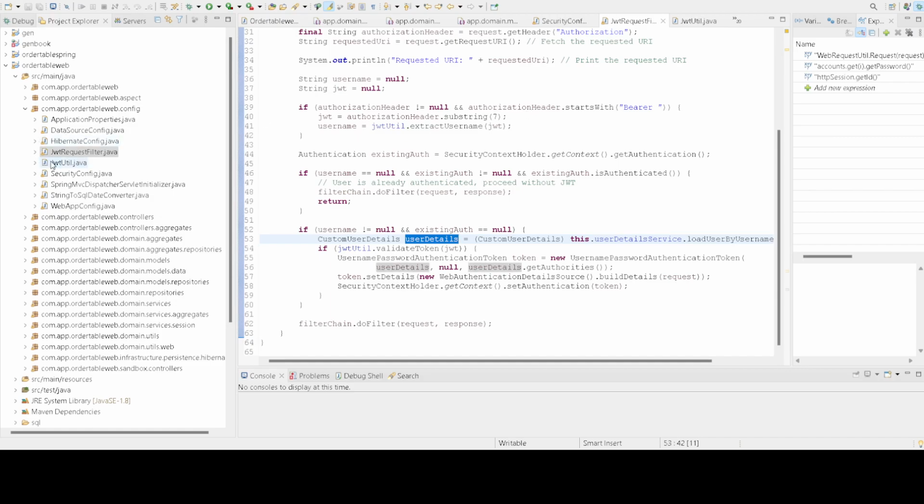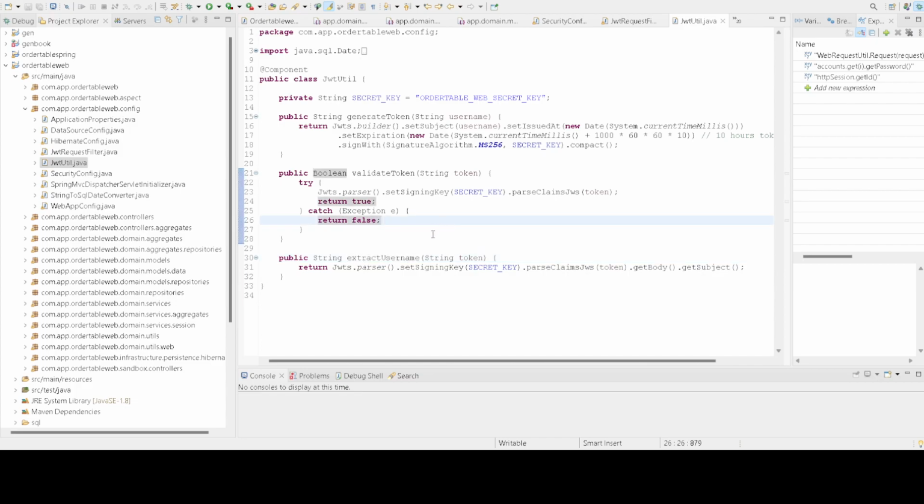Now we are moving to the JwtUtil class. This utility class helps with generating, validating, and extracting information from the JWT. The generateToken method creates a JWT for a given username with a validity of 10 hours. You can see here, this thousand means